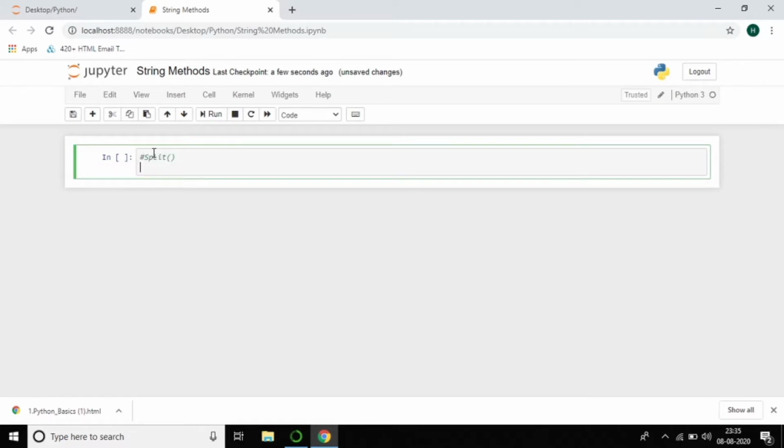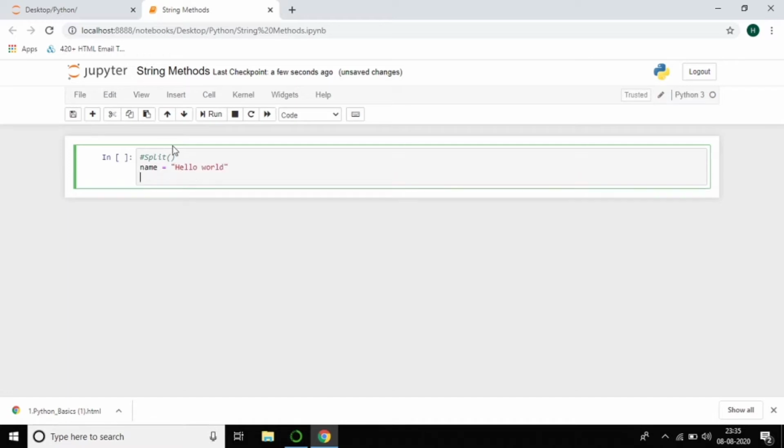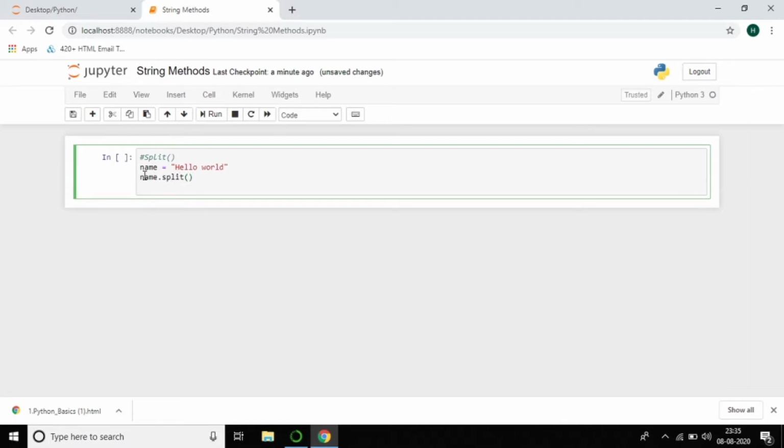What is split? The name itself says it splits the string. I'll create a string: name is equal to hello world. I want to split this string, so name dot split. Split is a method on strings. Now I assign it to a variable, n equal to that, and print n.